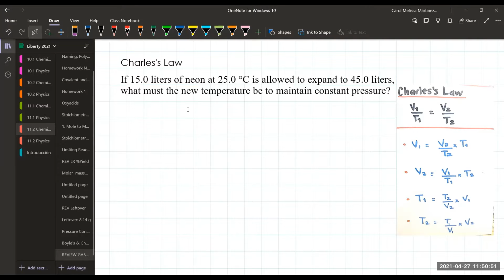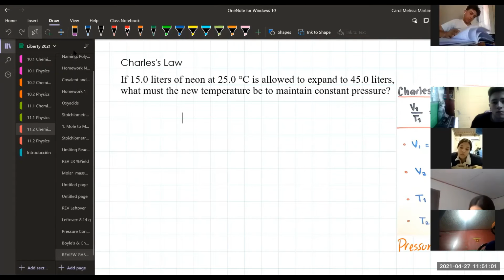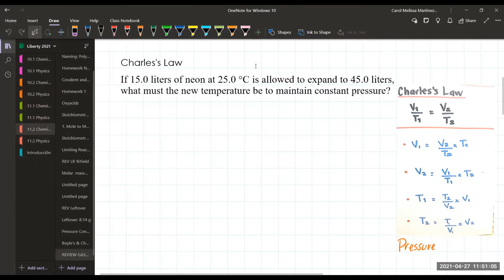In Charles' law, the condition is that pressure is constant. The pressure here is constant, which means no change in pressure. So, in the formulas, as you can see, there's no pressure involved in any of the formulas. No pressure involved. So, when this happens,